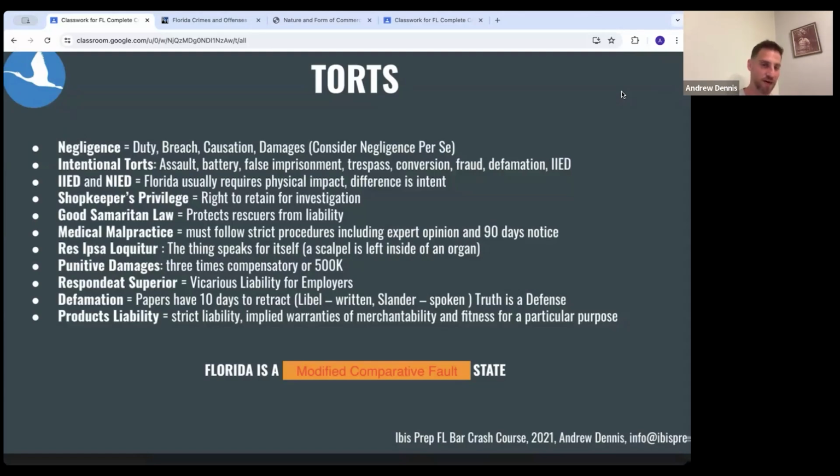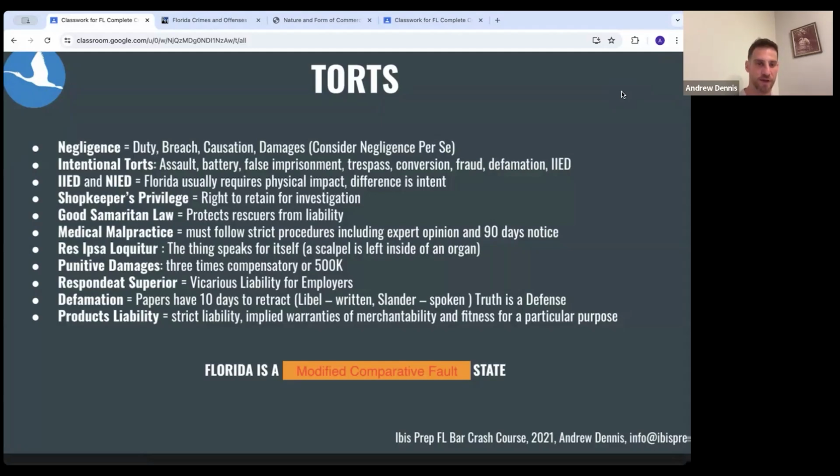Shopkeeper's privilege, that applies to false imprisonment, so they have the right to retain for investigation. Good Samaritan laws will protect rescuers from liability. So if you're trying to rescue someone, you don't have a duty to rescue them. And if you do rescue them, as long as you're not negligent in rescuing them, then you'll be shielded from